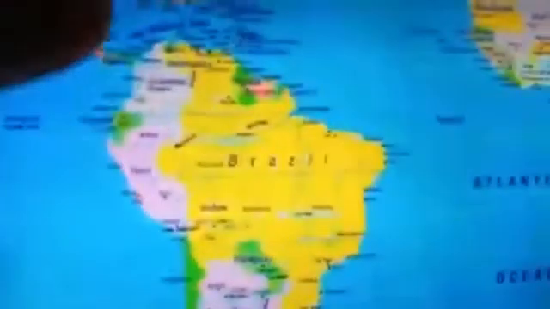So you can see United States, Brazil. You can see your India, Indian Ocean, just like we saw on the globe.